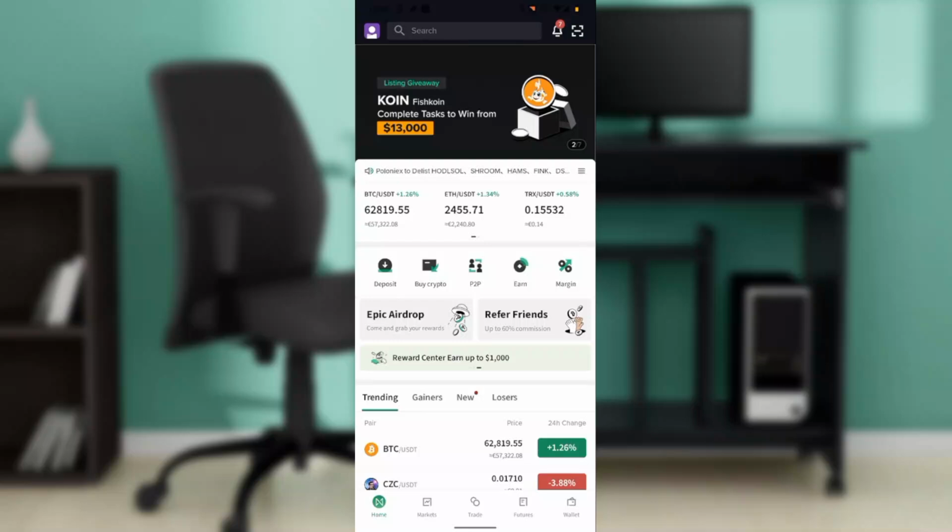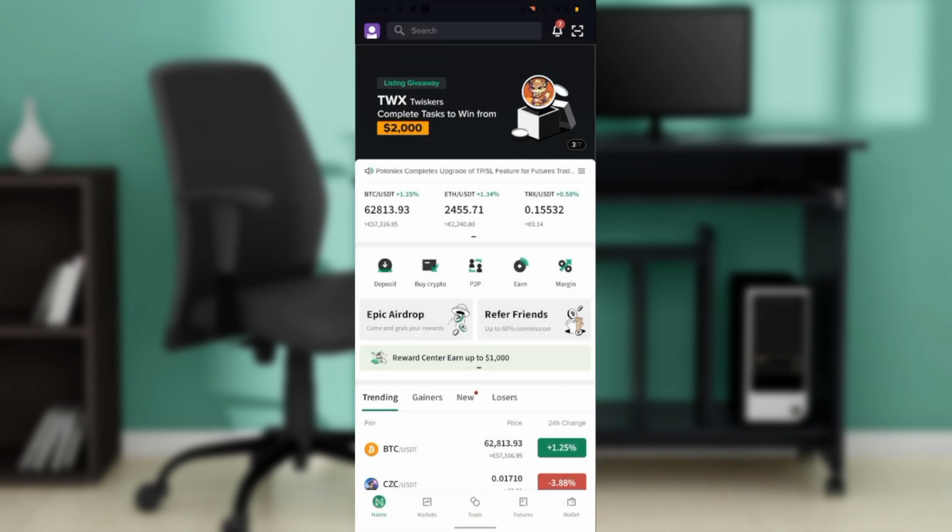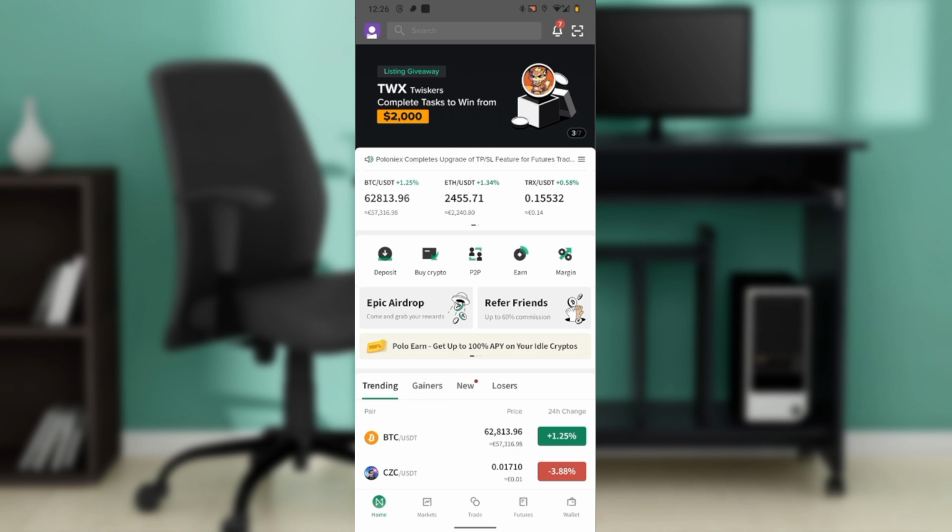Hello, in this tutorial, I will show you how to buy Bitcoin on Poloniex. The first thing to do is to launch the Poloniex app on your mobile device, and if prompted, log in